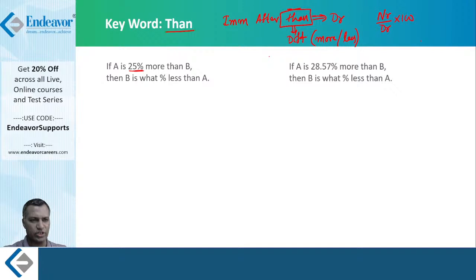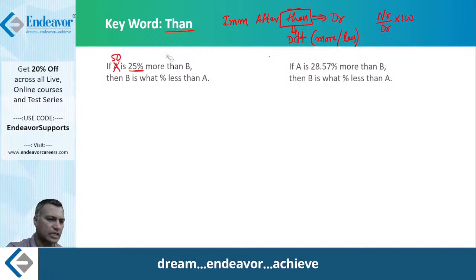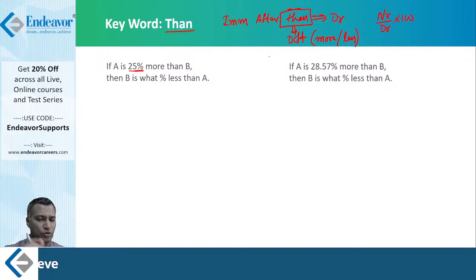Okay, so let's put it like this. What did your teacher say? Even if you want to make an assumption in percentage, your teacher should have said that somewhere you can assume a number called 100. That much you will remember, right? So percentage goes with the assumption of 100. You can sometimes assume 100. Again, the point is, which number should be assumed as 100? Whatever comes immediately after "of", or whatever comes immediately after "than", can be assumed as 100.